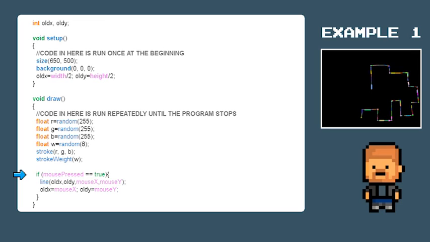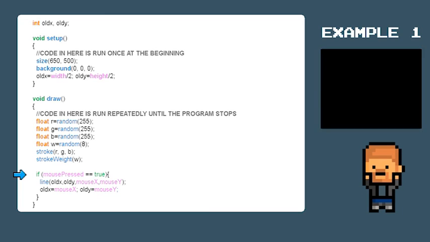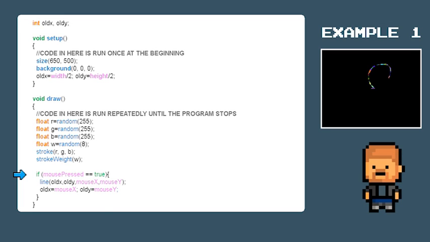Now for a conditional statement, or a question if you like, and if the answer to the question is true, the program will perform the actions that go with it. The question is, if the mouse is pressed, draw a line, starting at oldX and oldY, and ending at mouseX and mouseY. Then update the values of oldX and oldY with the current values of mouseX and mouseY. By doing this, it will draw a connected line of changing colors.